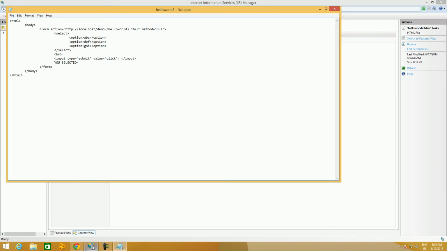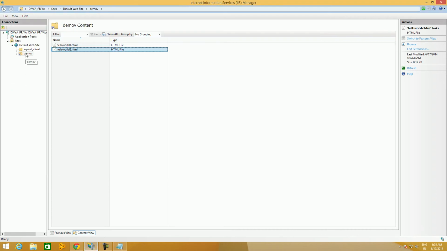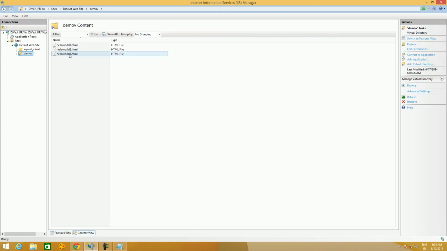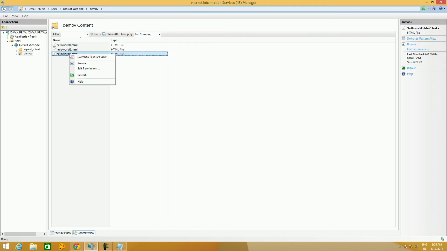Now let us go to IIS. Let us refresh it. Now here we have helloworld3.html. Now browse the helloworld3.html. So this is our helloworld3.html. Now here we have a combo box and a button. Beside the button we have the text you selected. Now what we'll do is